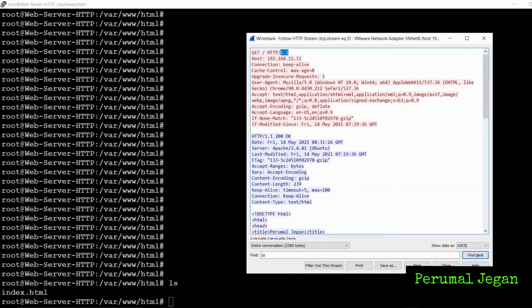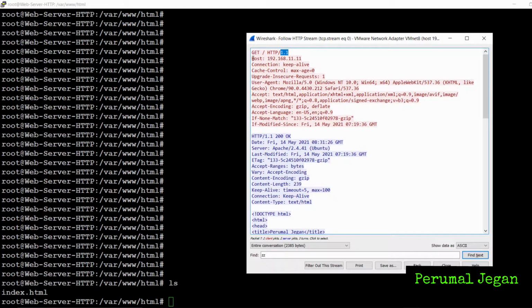For example, if the web browser is using HTTP 1.0, then it needs to establish a separate session for every request that it sends to the web server. But if it uses version 1.1, only one session is enough to send multiple requests to the web server. So 1.1 is the advanced version of 1.0.